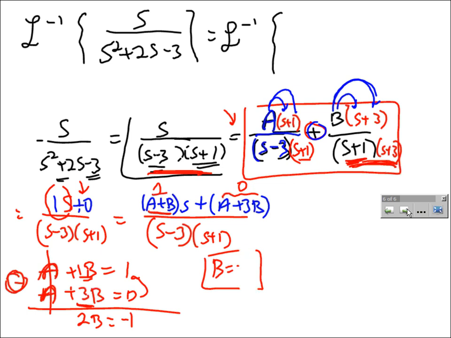B is negative 1/2. Now, if you take A and you add 3 B's, which will be negative 3/2, you take away 3/2, you get 0. Well, if you subtract two quantities and you get 0,